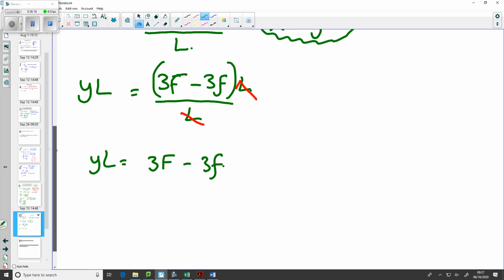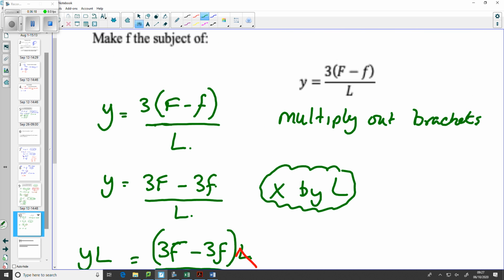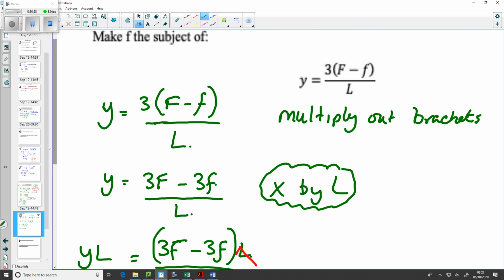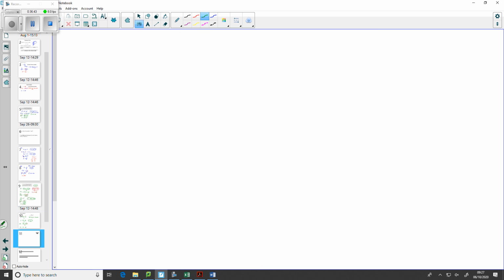That's an argument not to multiply out the brackets first. Because if you do... I'm going to leave that on there, and I'm going to do a new slide, and not multiply the brackets first, and that'll show you what I mean. I'll finish that off if necessary, but we've got make f the subject of